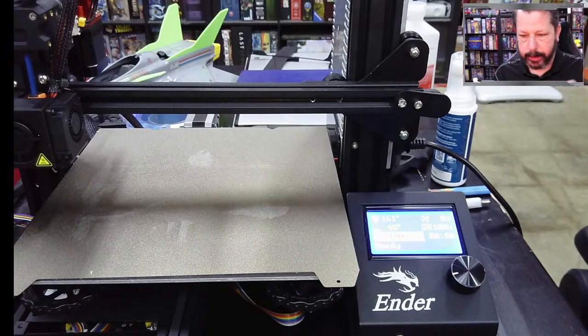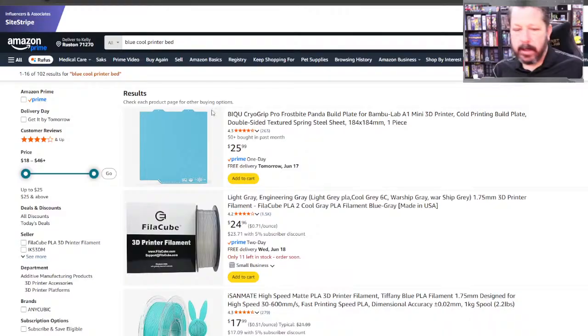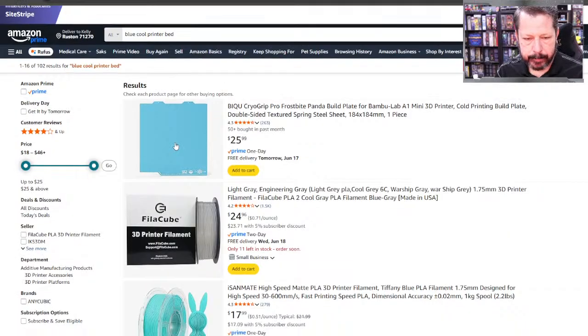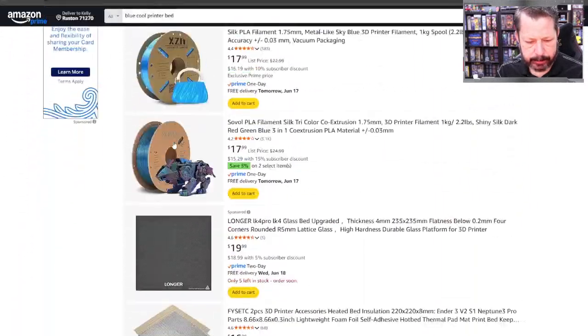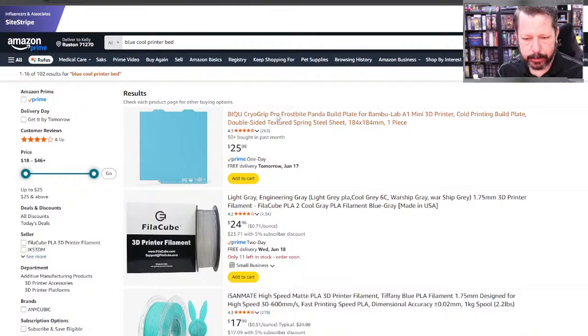I don't remember. Oh, here it is. These, if you can find one that fits your printer, they're different sizes for different printers. These Cryo Grip or the BQ, there's 2 of them. Can't think of the names of them now. There's this one, the Frostbite,